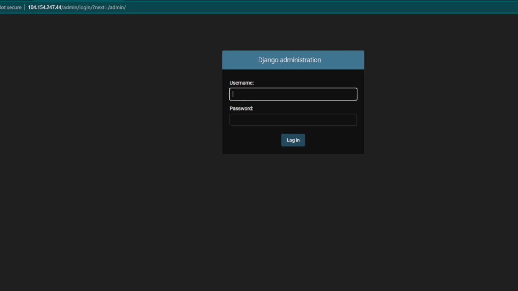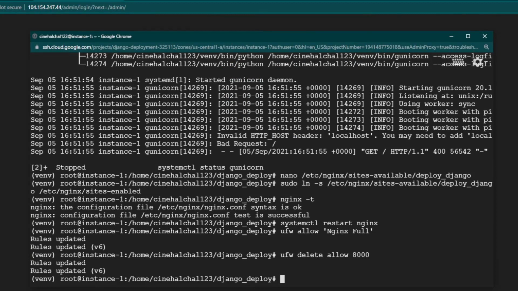One more thing to note is that whenever we make changes to the Gunicorn service file, reload the daemon to reread the service definition and restart the Gunicorn process by typing systemctl daemon-reload, which reloads the daemon, and the other command would be restart gunicorn for restarting Gunicorn. Whenever we pull some new changes, restart the Nginx server by typing systemctl restart nginx. This is the end of the tutorial.